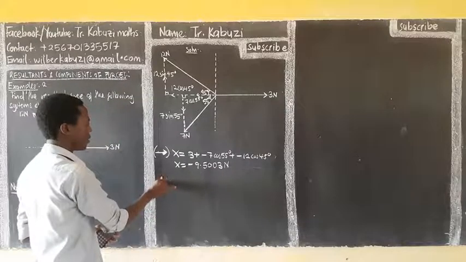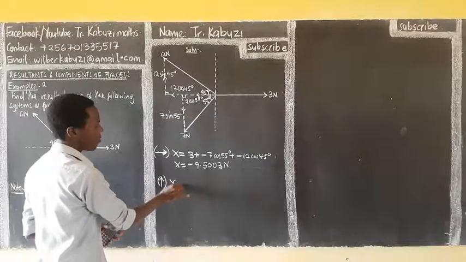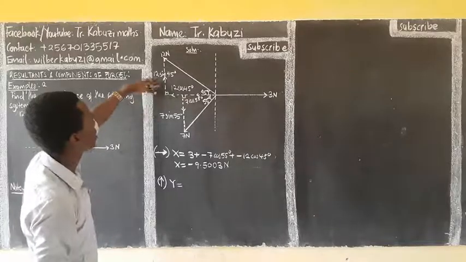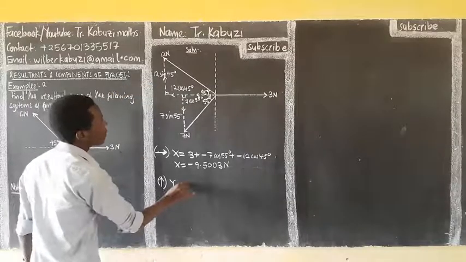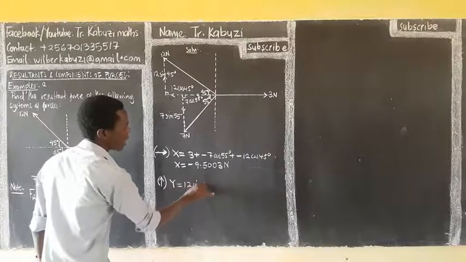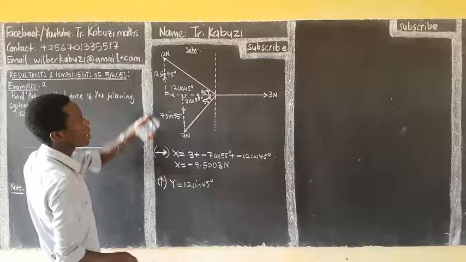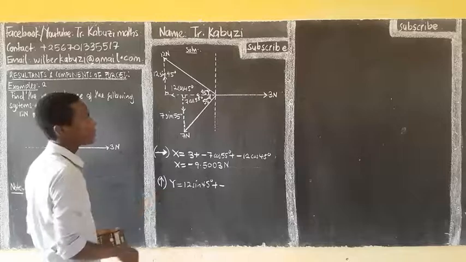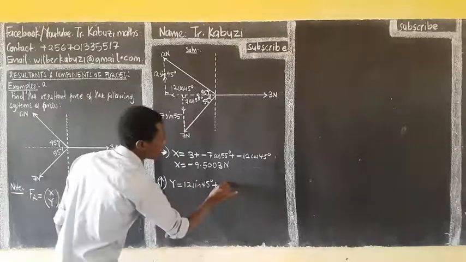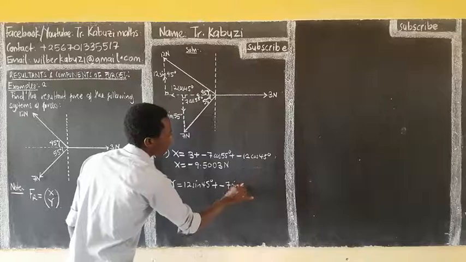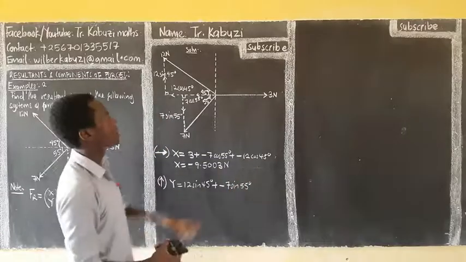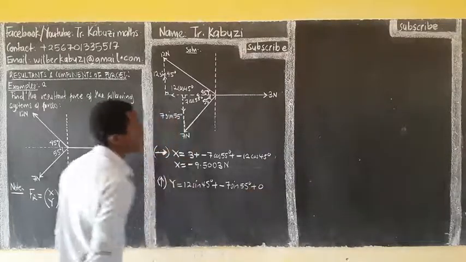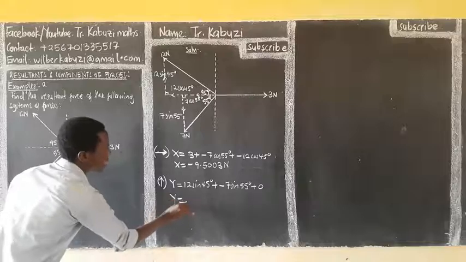After that, we resolve them vertically. There we shall be getting our y. We start with those which are going in that direction. The first one is 12 sine 45 degrees. Then we add this one. Now this one is opposing, it's going down, so we shall say plus, now minus 7 sine 55 degrees, because this one is going down. This one is purely horizontal, it has no y component, that's why we just put 0. Then when we simplify this, the answer we get is